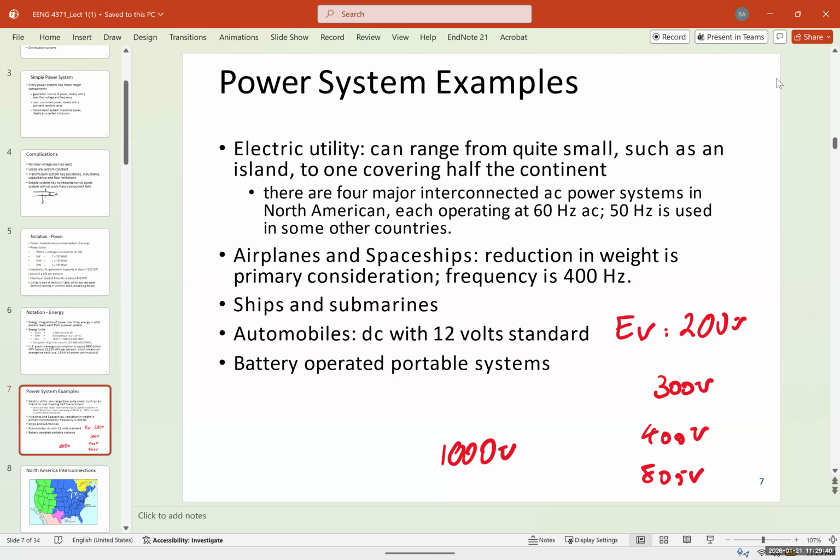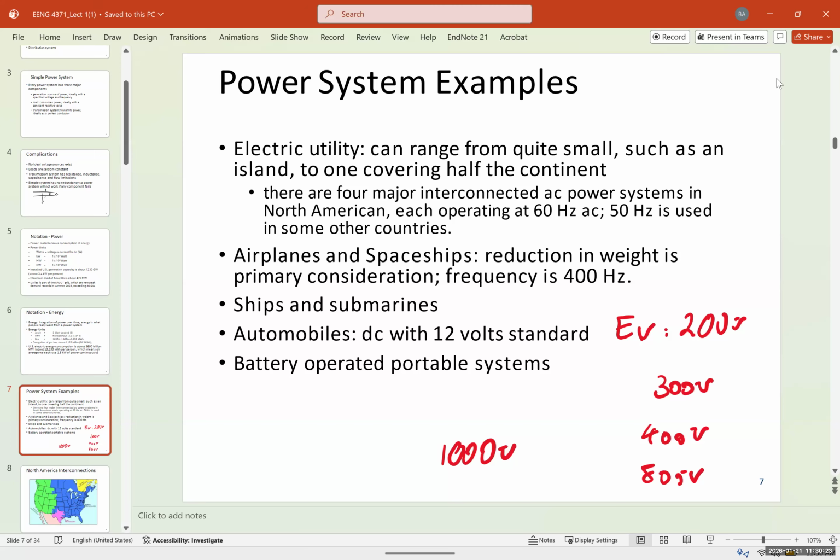So 400, 800 volts is a little more dangerous, but it has a lot of benefits. If you want, we can explain it in the class, but you're going to have a smaller motor, and the power electronics are going to be much easier to design. Fast charging is going to be way easier with an 800-volt architecture compared to a 200-volt. The maximum fast charging you can do with a 200-volt from 20 to 80% is going to be like 45 minutes to 1 hour. For a 1,000-volt architecture, BYD has a 1 megawatt charger now that charges 20 to 80% in 5 minutes. So going from 1 hour to 5 minutes is a huge jump.